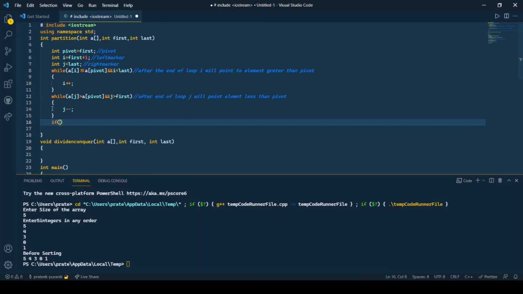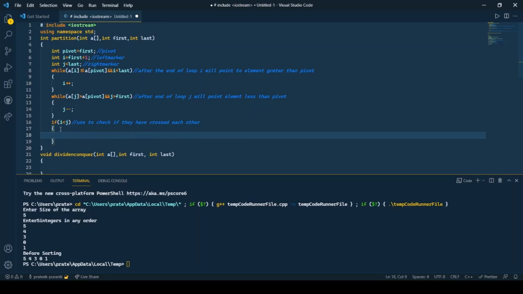So if i is less than j, this is used to check if they have crossed each other. Over here the brackets would look something like this. So we simply need to swap the elements.